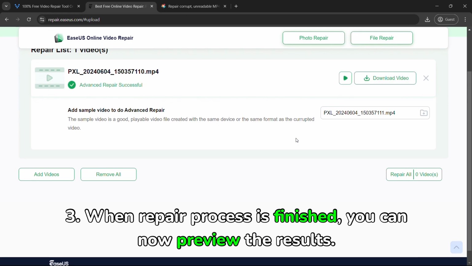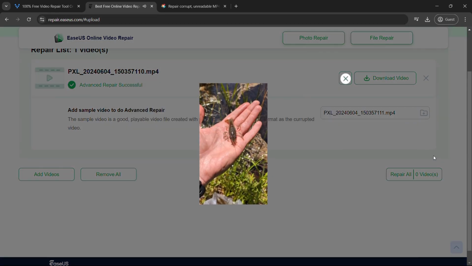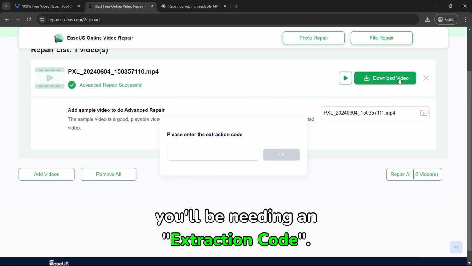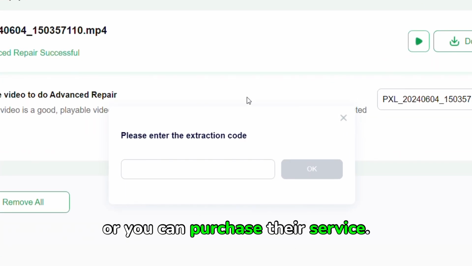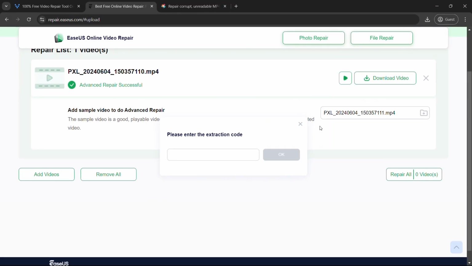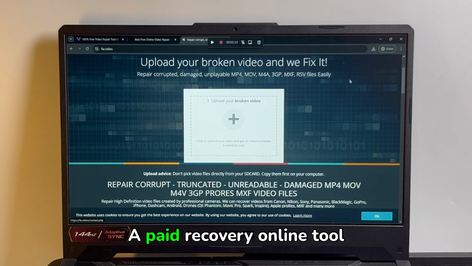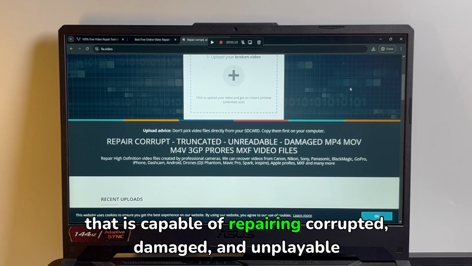3. When the repair process is finished, you can now preview the results. Note that, in order for you to download the repaired file, you'll be needing an extraction code, or you can purchase their service. The last tool is Fix.video, a paid video recovery online tool that is capable of repairing corrupted,